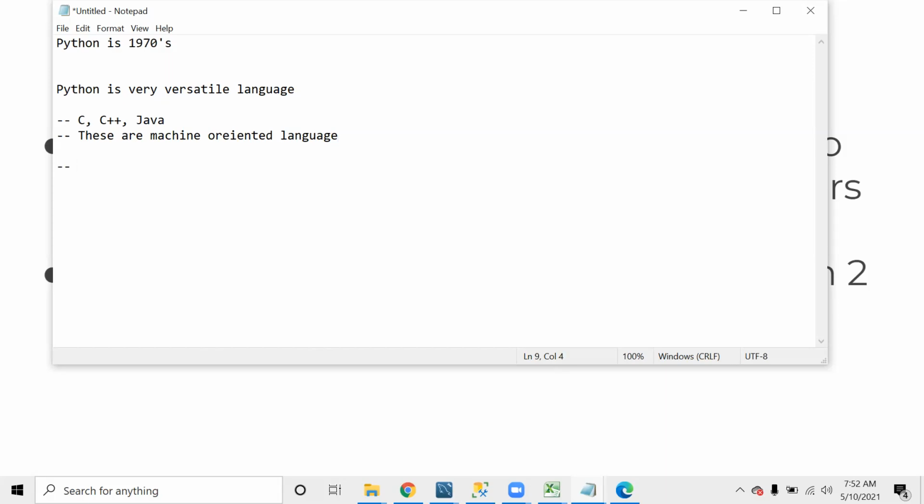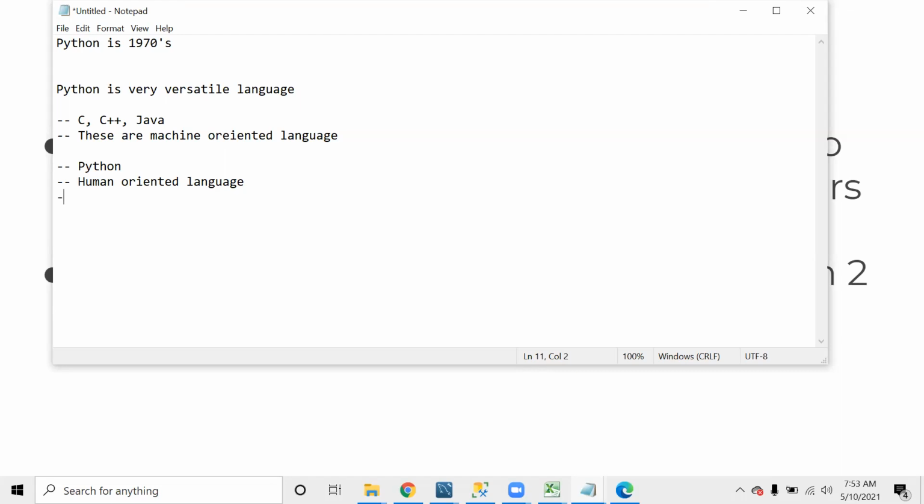Whereas Python is more like a human oriented language. What do I mean by that? It is created with the mindset that a human should not have to write a big piece of code. He should just write a small piece of code, and the majority of the work should happen on the machine side.